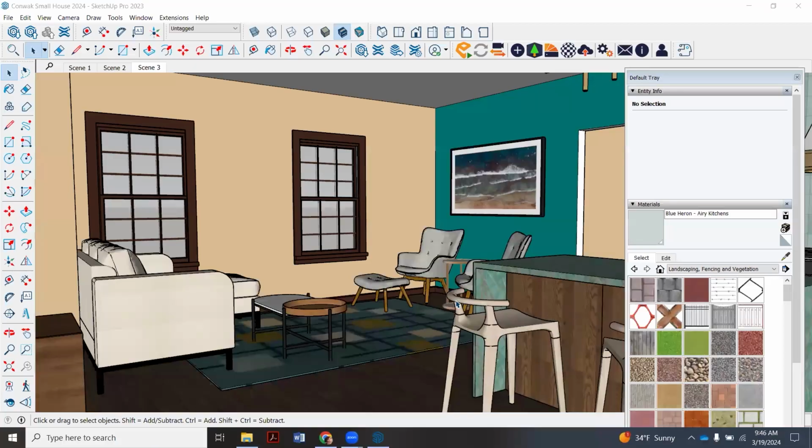Okay, so this video is going to demo kind of a shortcut to putting an exterior view out your window. For a lot of us now in class, we have our views set up, so we have scenes up here with our various views. I will do a video to show how to do that to review it. But in this video, we're just going to show you basically the shortcut to put in an exterior view out